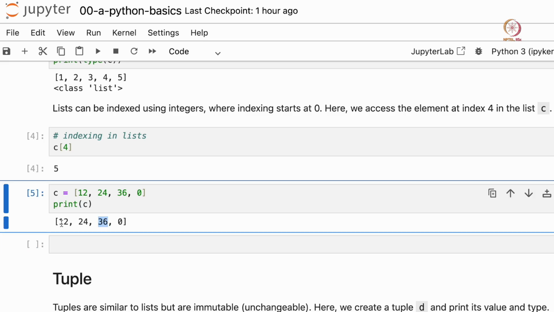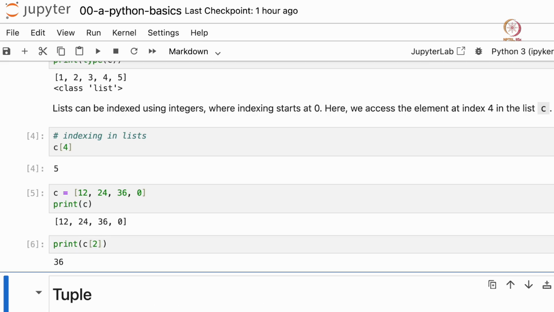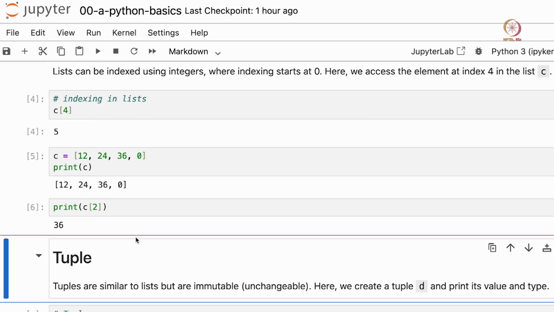That appears at 0, 1, 2, the second index of C. So if we just print C within square brackets 2, we'll get 36. So that's how indexing works in lists.